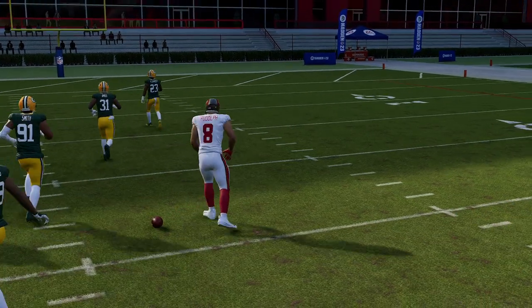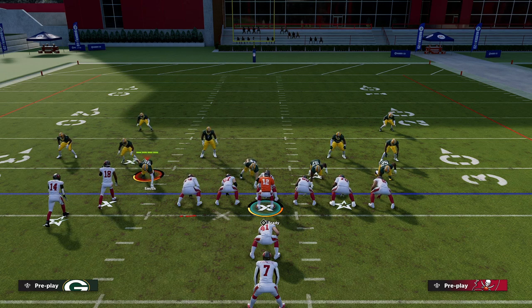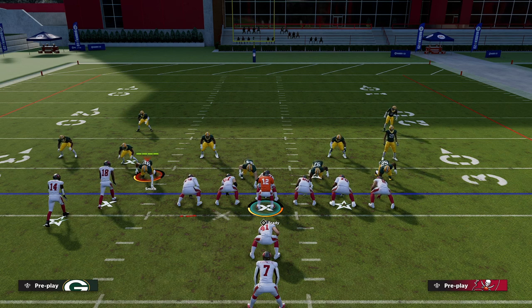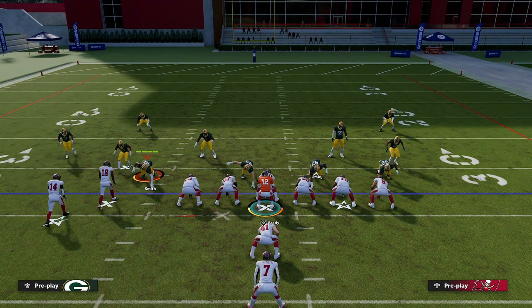Just like I said, I freestyle a lot, so I kind of encourage people to learn how to do that as well. It's all about reading the defense and understanding what routes beat what and what route combinations beat what. So that's kind of what I do. That's why I like the PA tight end. I think it's just called PA tight end curl. I don't even know. I'm not even gonna pretend like I know what the play is called, but you can